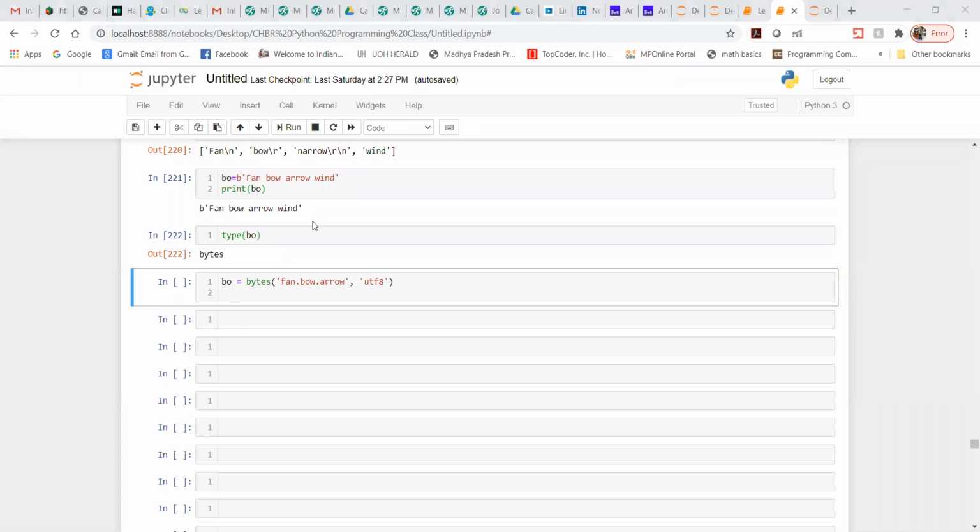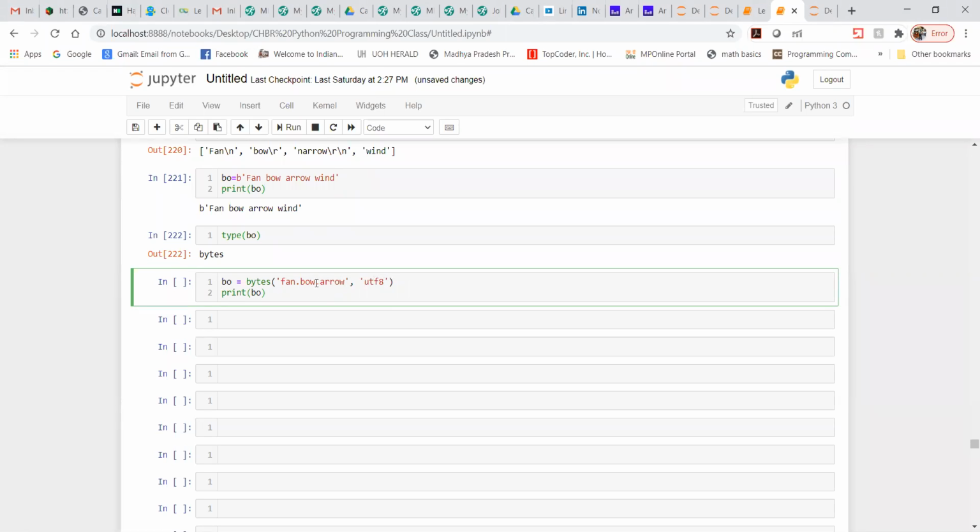Yeah, sorry guys. So we have a method called bytes, and here I have specified the string. You can see what exactly the string is, and here I have specified one sort of encoding, UTF-8. Now let me print what exactly the output I am going to get here.